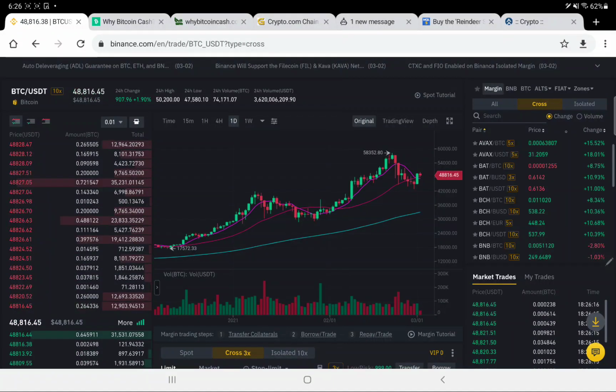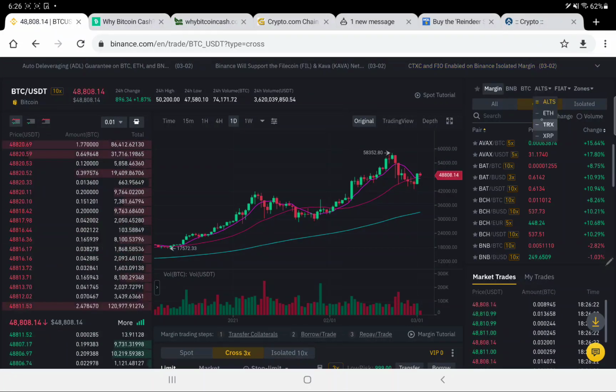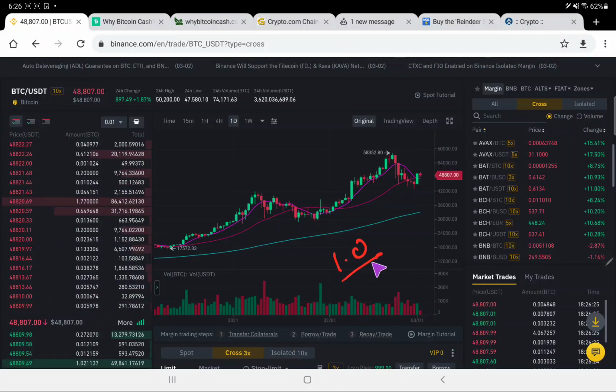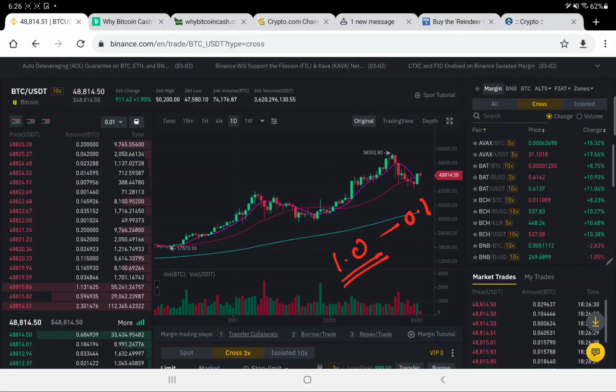Once you use cross margin, then it can use your full balance. Suppose you have 1 BTC in your margin wallet and you are trading with only 0.1. But what happens if your loss goes beyond that, because you are trading with 5x or sometimes 10x leverage, so if your loss goes more than 0.1, it will take the loss from your margin wallet.